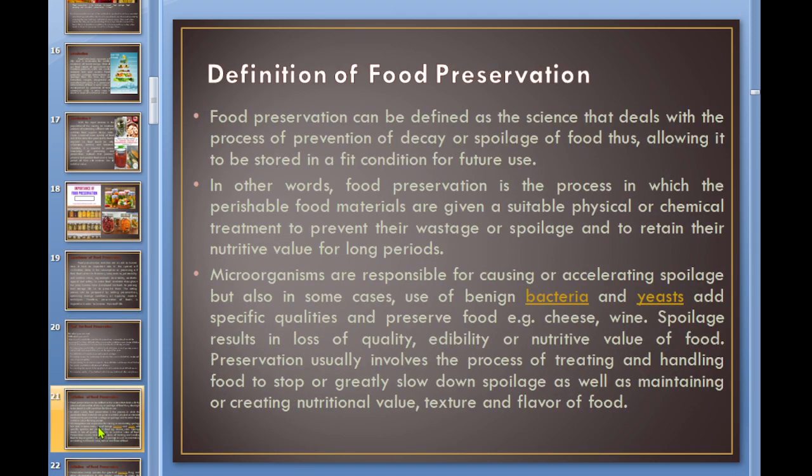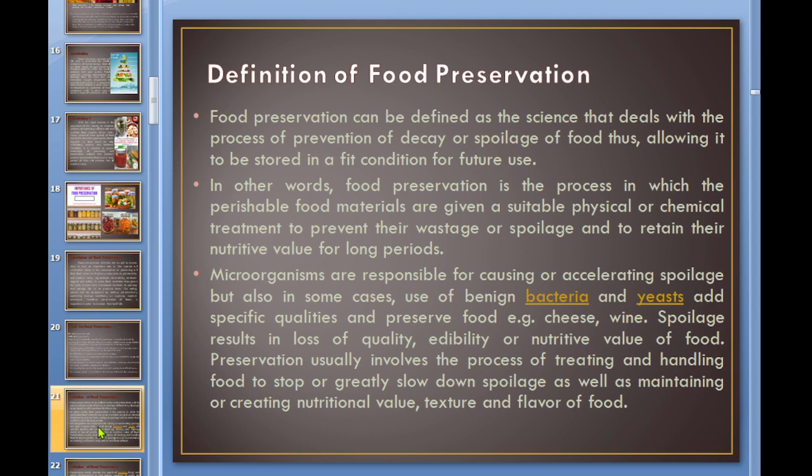So, definition of food preservation. Okay. Food preservation can be defined as the science that deals with the process of prevention of decay or spoilage of food, thus allowing it to be stored in a fit condition for future use. Okay, prevention of decay means food preservation. Mauna siya. Okay, next. In other words, food preservation is the process in which the perishable food materials are given